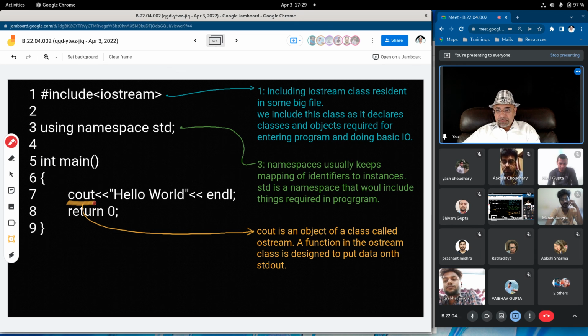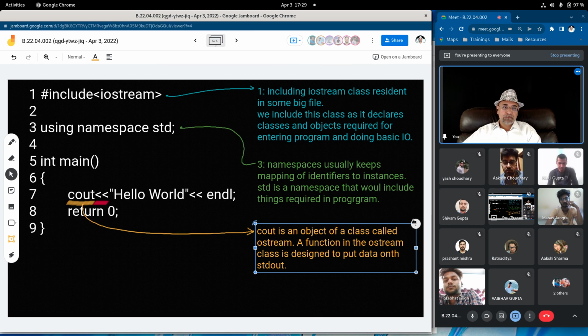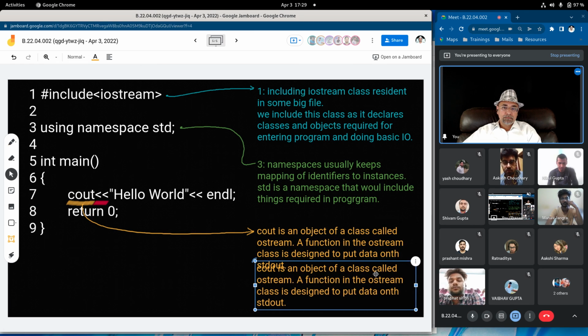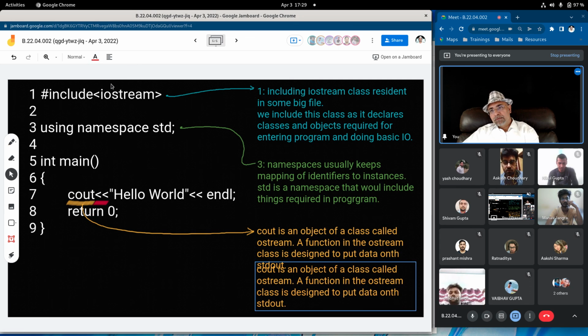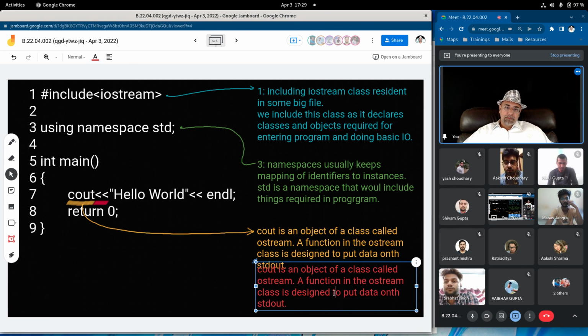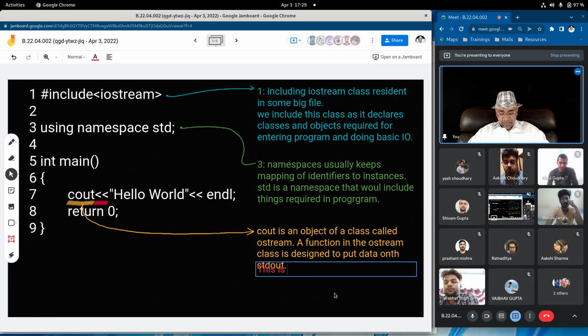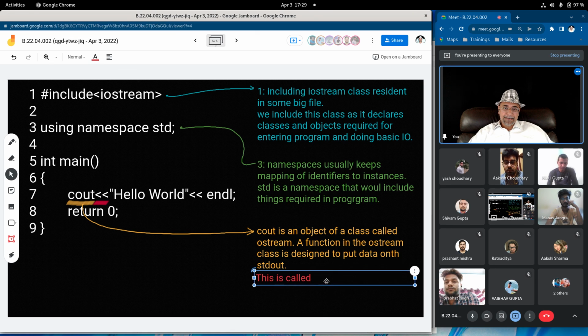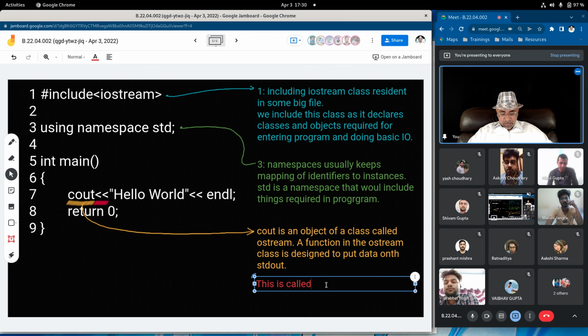Now this one that you see here is called the insertion operator.